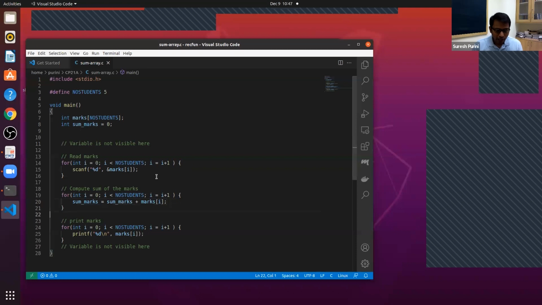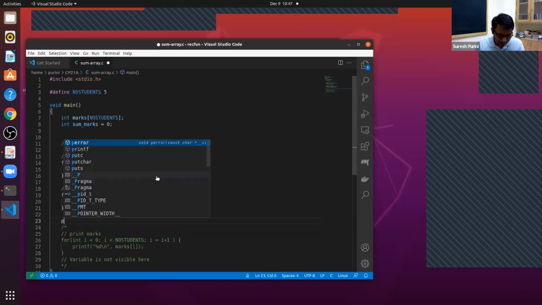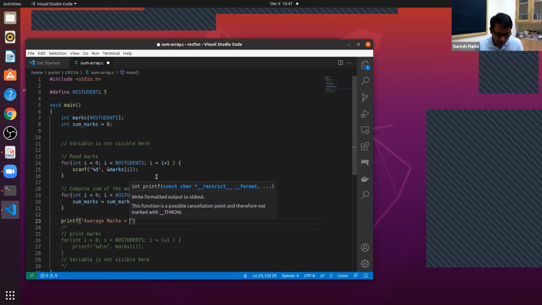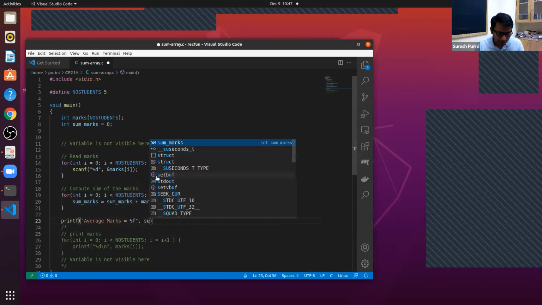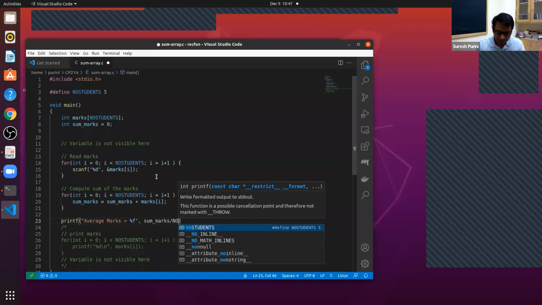Okay. And finally, we print. Let's not worry about it, I'm commenting out code from line 23 to 28. It's not useful. And then we say printf average marks is equal to %f, sum_marks divided by number of students.